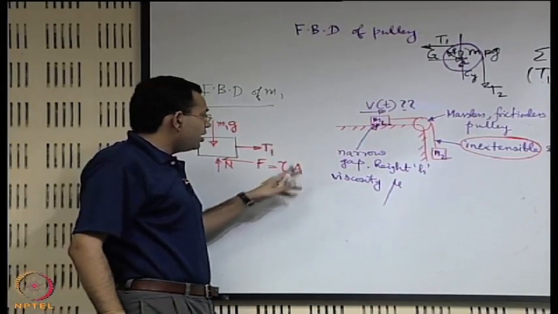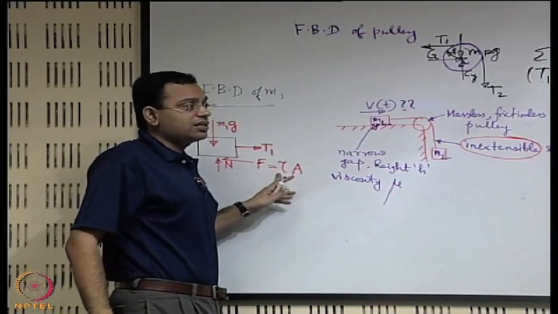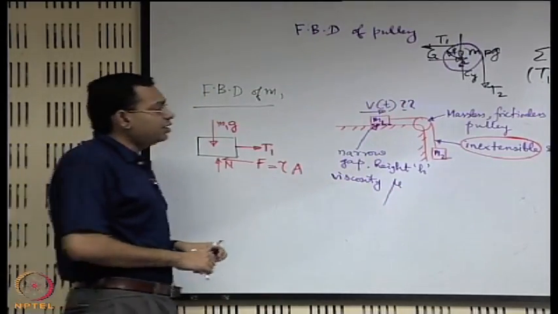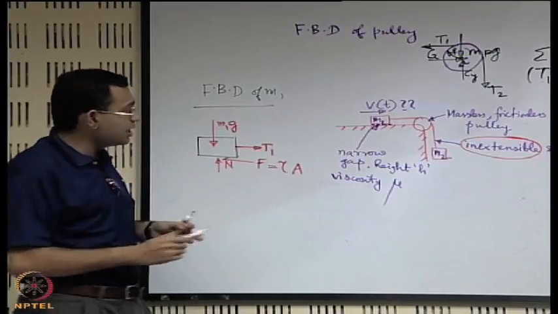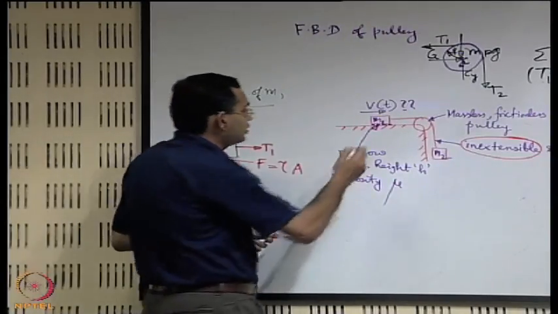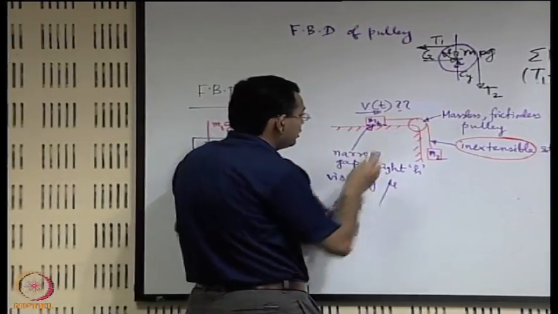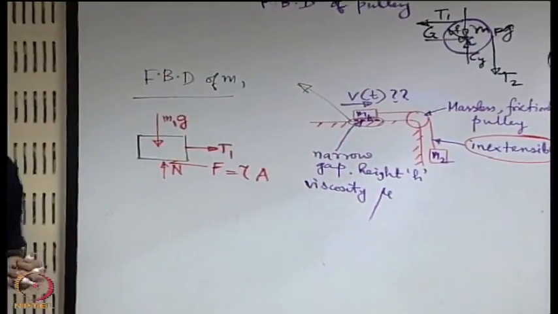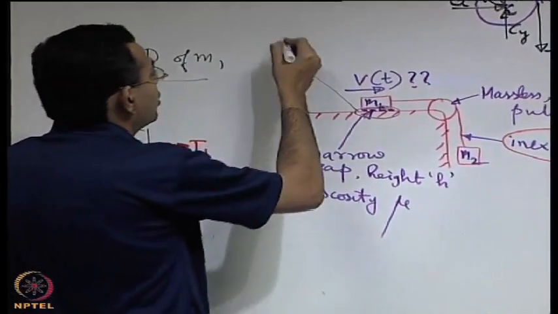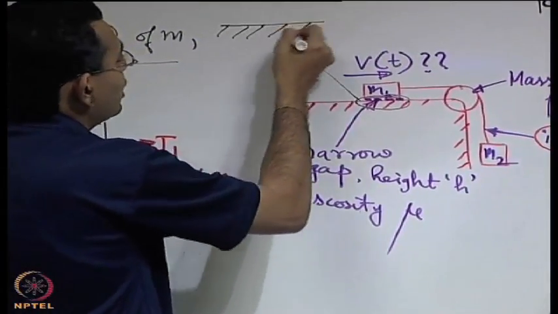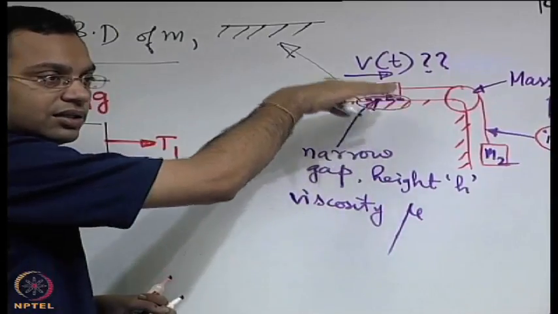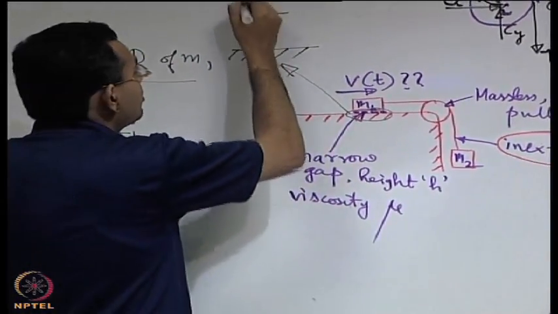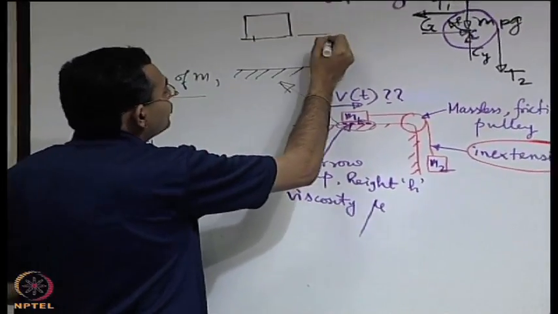Now the only work that is left is to relate the tau with the rate of deformation. Now the rate of deformation takes place, if you look at the magnified view of what happens in this thin film. So, in this thin film you see that there is a solid boundary at the bottom which is stationary, at the top there is a block that is moving. So, this is the block. So, this block is moving with a particular velocity,